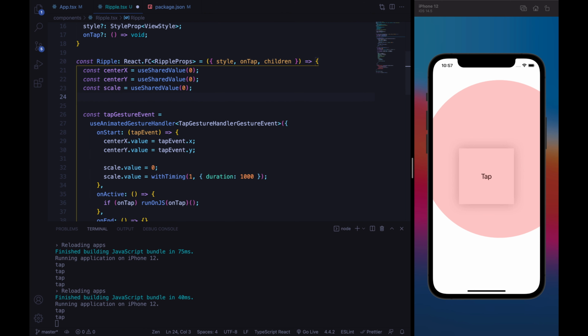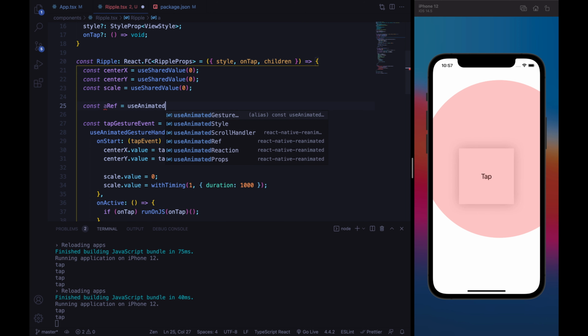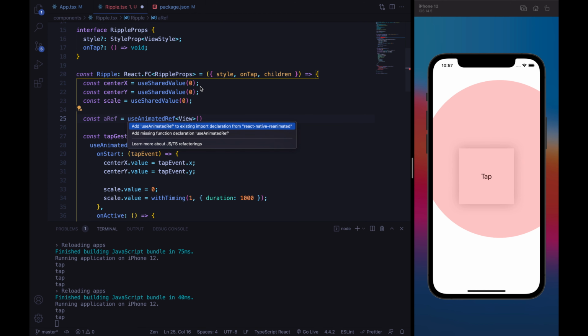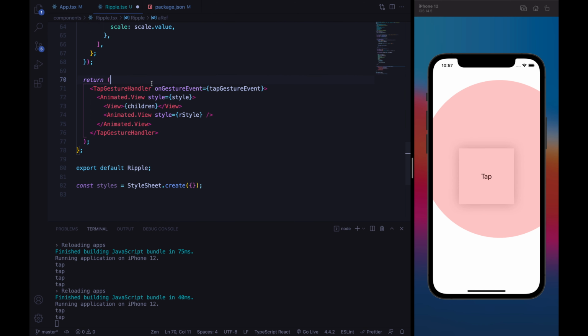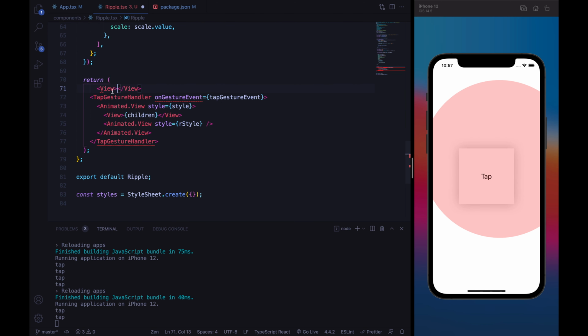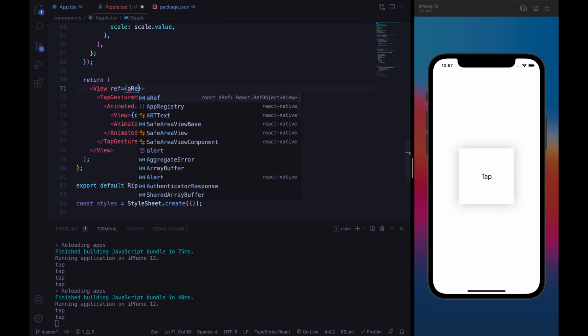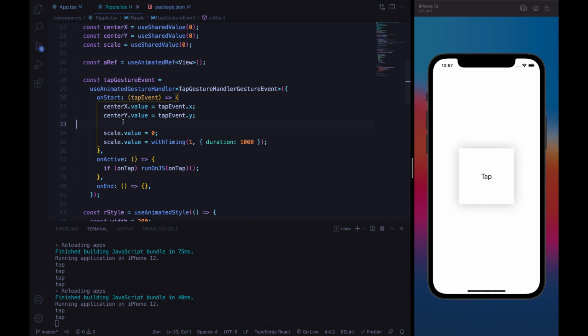First of all, we need to define an animated ref. So let's say useAnimatedRef, and it will be of type View. useAnimatedRef is a specific hook from React Native Reanimated. So let's wrap everything here with a View, and let's assign as a ref our animated ref. So here in the onStart